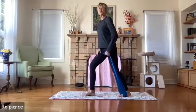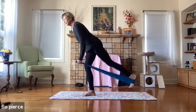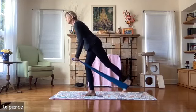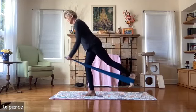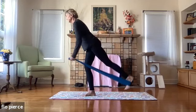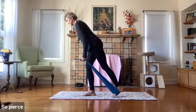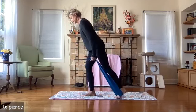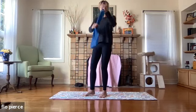Bend into your left leg, bigger lunge this time. And then again, you can either start right away or do leg or arm or both. Two more and relax. All right. Fold that band in half for me